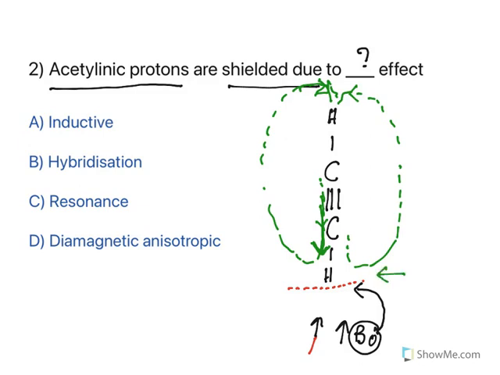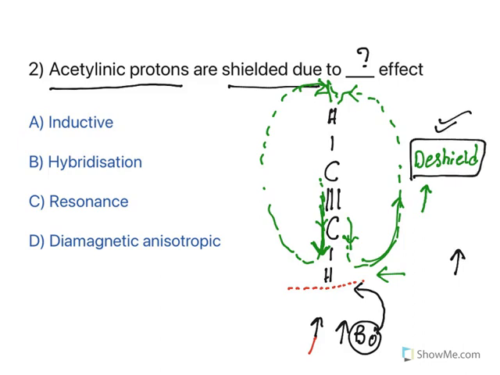Now when you see the entire molecule, there are certain zones. This current is moving like this and going like this. So if a proton is placed here, it will be deshielded. Why is it deshielded? Because the induced magnetic current is in this direction, whereas the external field is also in this direction. So the external field felt by this proton will be more. That is called deshielding. But here, the induced magnetic field is in the opposite direction to the external magnetic field. So these are shielded zones, known as shielding regions.